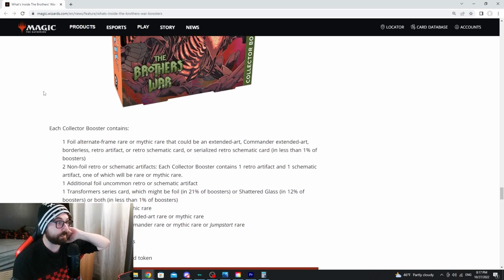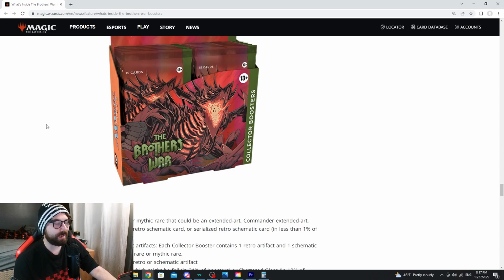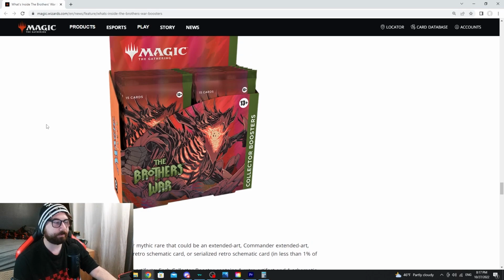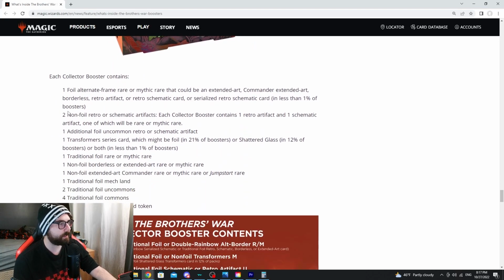Now, this is where it gets kind of crazy, so keep this in mind. There are 2 chase cards you can find in these collector boosters now: the foil shattered frame Transformers cards and the serialized schematic artifacts. So each collector booster contains 1 foil alternate frame rare or mythic rare that could be an